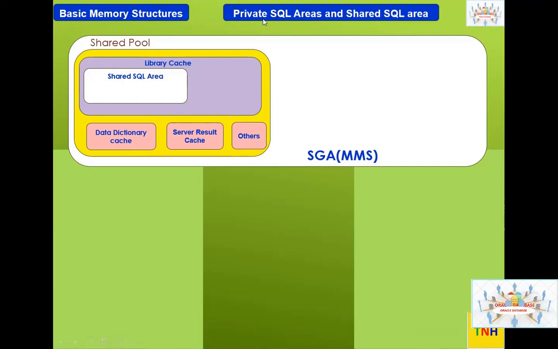We know the main component within the private SQL area is the execution plans. So execution plans, whether created by a single user or many users, should be available for all sessions, whether created from session 1, 2, 3, or 4. Let's say the plan is created from session 1, but session 3 also should be able to access it. Session 4 also should be able to access it. Otherwise, even if session 2 again requests the same statement executed by session 1, Oracle has